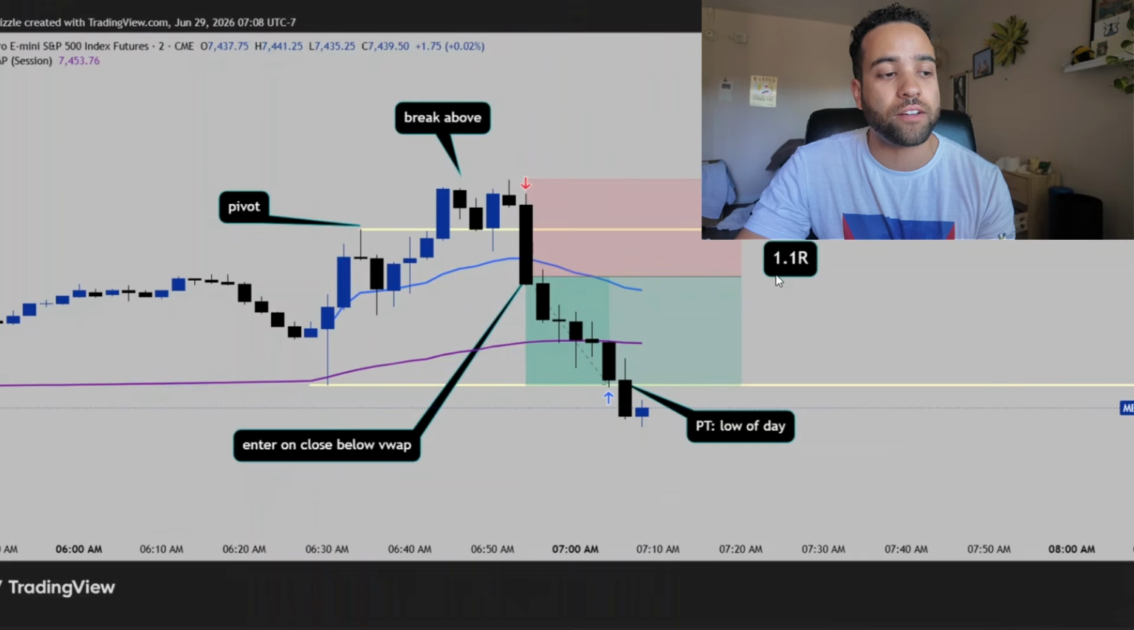I'm never going to take less than a 1R though, right? If I'm risking $200, that means I'm making at least $200. I'm not going to risk $200 to make like $50. I'm not doing that. So this was a pretty solid trade on Monday, and let's go to the next trade,